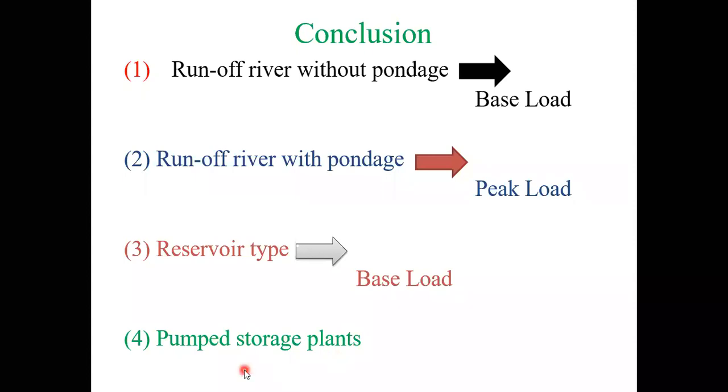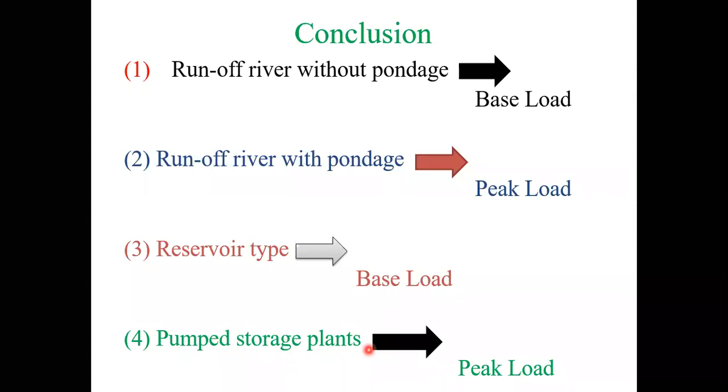Very good. Already we have seen in the last class, in a pumped storage plant the turbine will act as a pump and the generator will act as a motor. Whatever water is there in the lower reservoir should be fed back to the main reservoir. The additional water we send to the main reservoir should be used during peak hours. So that's why this power plant is used to meet the peak load.